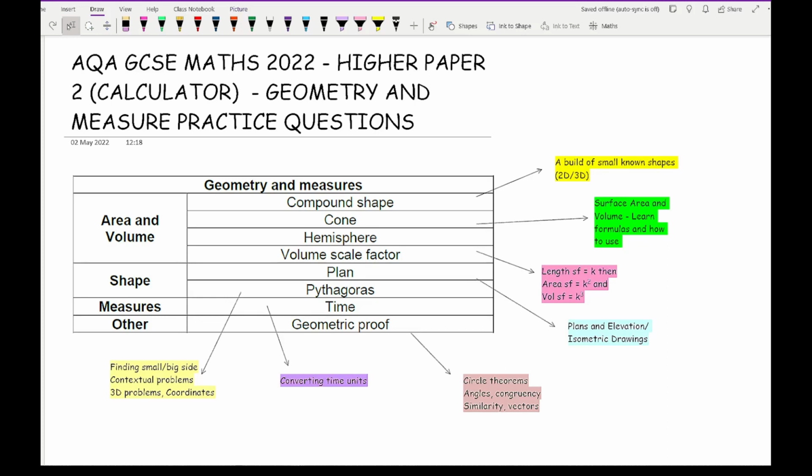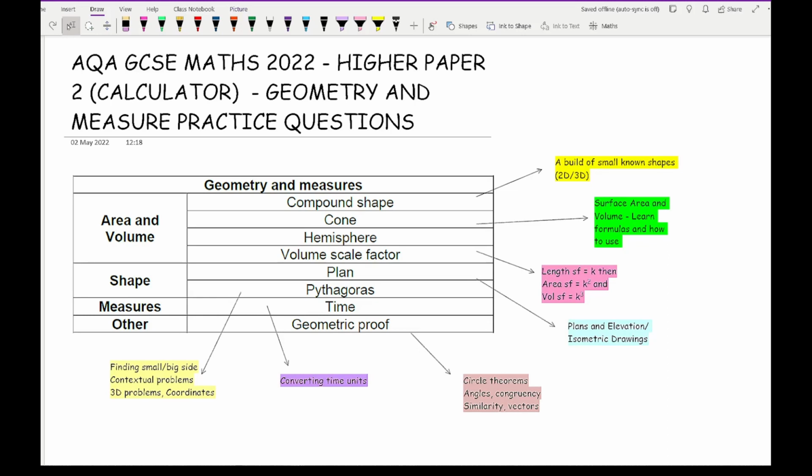With regards to volume scale factor, the key thing to remember here is that you are going to be given a scale factor of another sort. So if the length scale factor is k, then the area scale factor, including surface area, is going to be k squared, and the volume scale factor is going to be k cubed. So always make sure that you have got the correct scale factor and you're using the correct scale factor when